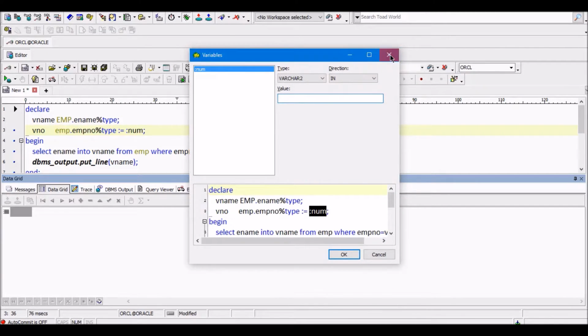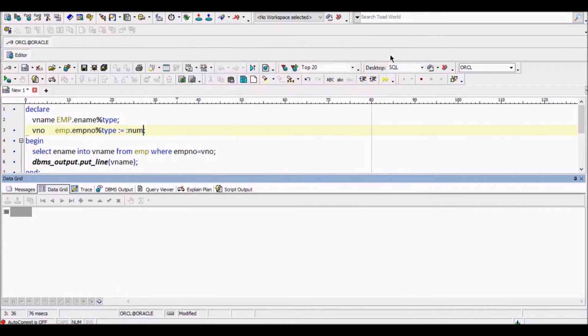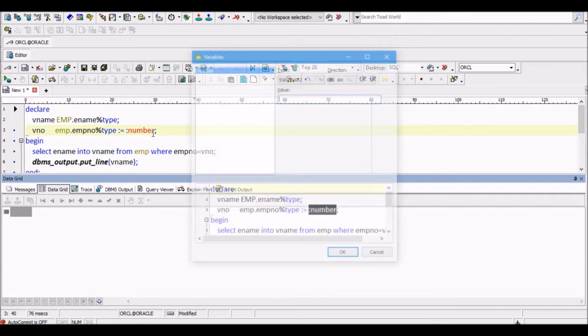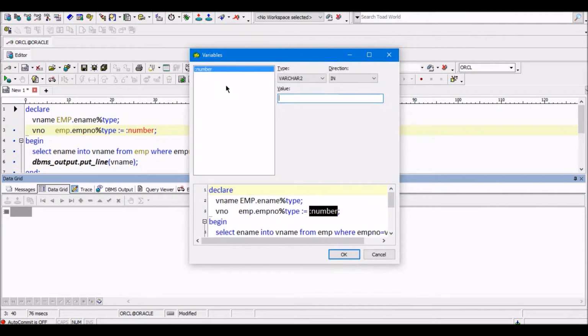There is no specific requirement for the parameter characteristics, you can use whatever name over here. I will use number, full number. Except you can't use symbols over here. It is used for display purposes only, not any specific value is mentioned here.